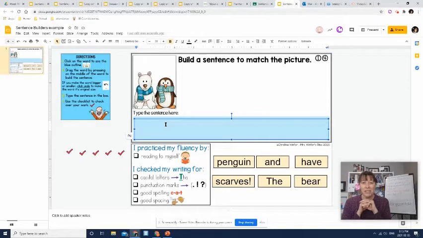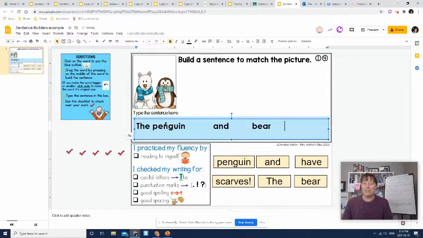Also making periods and question marks and exclamation marks, you might have to look on your keyboard and find out where those are. The other thing that kids tend to do when we're first learning how to type is put 800 spaces between a word. So if I'm typing the word the, I'm going to put a capital with Shift. Then all I do is hit the big bar at the bottom, the space bar, one time. So it might not look very big, but I only hit it one time before I type the next word. I don't need to hit it 16 times